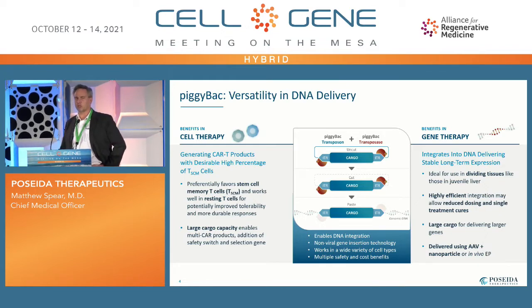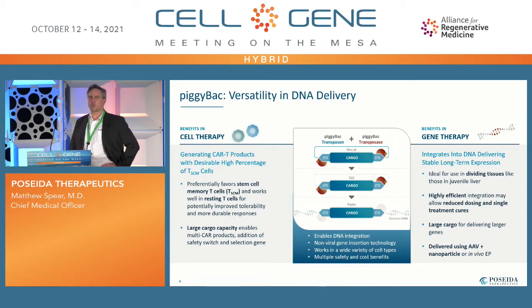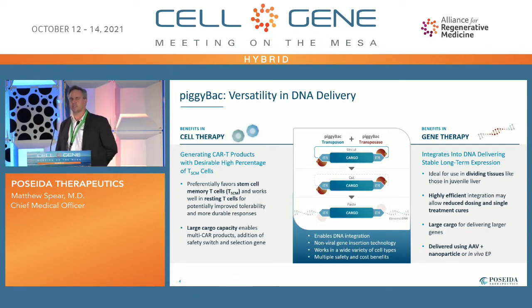One, large cargo capacity, hundreds of kb, not limited as most viral vectors are, particularly those involved in transient or permanent gene delivery and or integration. With regards to CAR T-cells, this also preferentially produces TSCM, or T-cell stem cell memory CAR T-cells, which have been associated with efficacy and safety by a number of different academic and public institutions using a number of different CAR